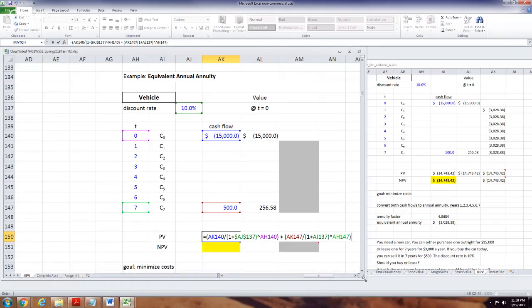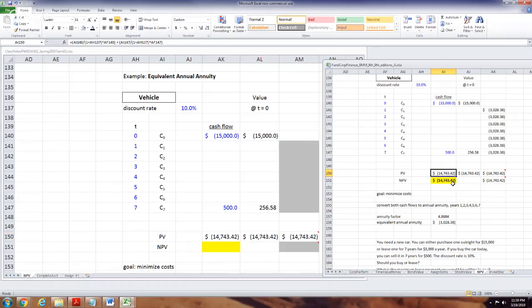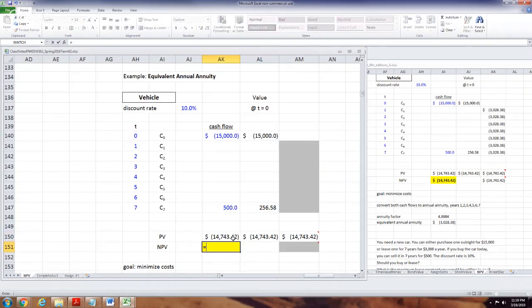So you have all that. Again, the worth of all this. See, here's what you're doing. You're taking that 15,000, and you're getting 500. It's not 14,500. It's going to be 14,743 because the 500 is 7 years out, only worth 256 today. Again, that's the time value of money. So just realize that it's not the same. It's not done nominally. It's done using time value of money.